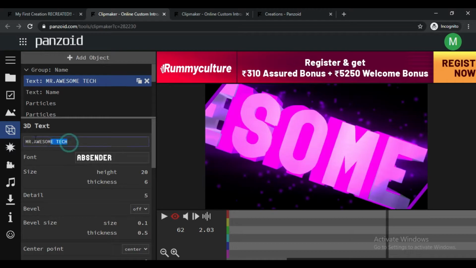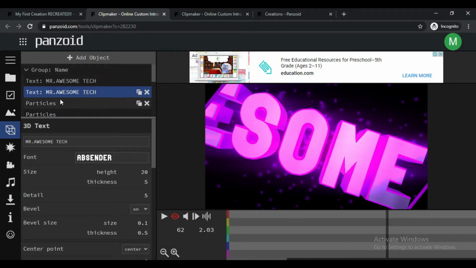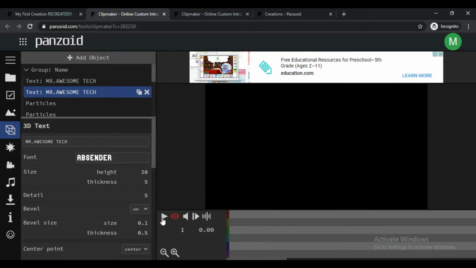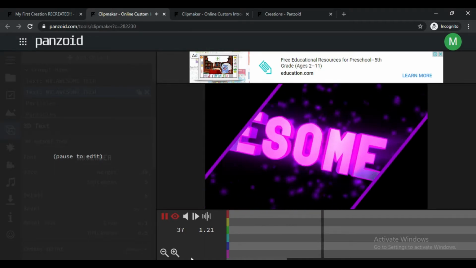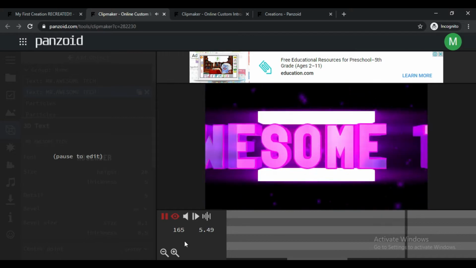If there are a lot of them, this is the trick that I use. Just copy that, then go here and delete and paste, enter. Don't forget to press enter, because it won't save otherwise. And now if you see this intro, my name is not being seen completely. Let me just show you a bit.